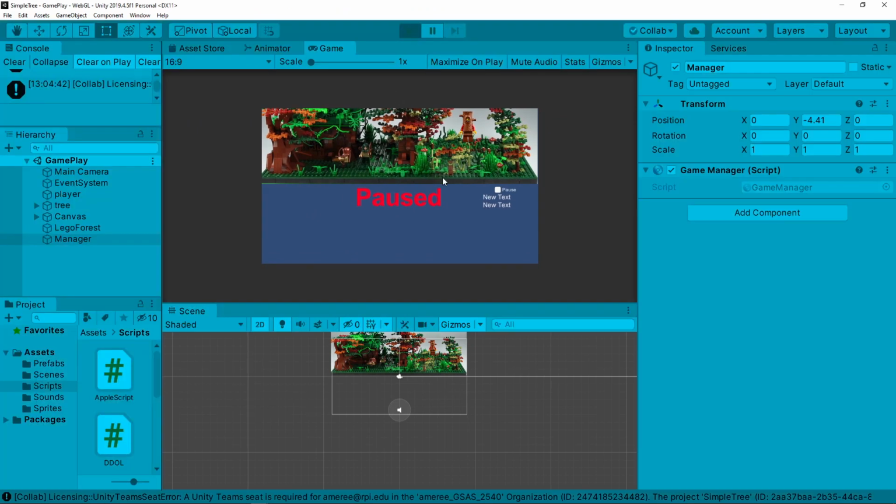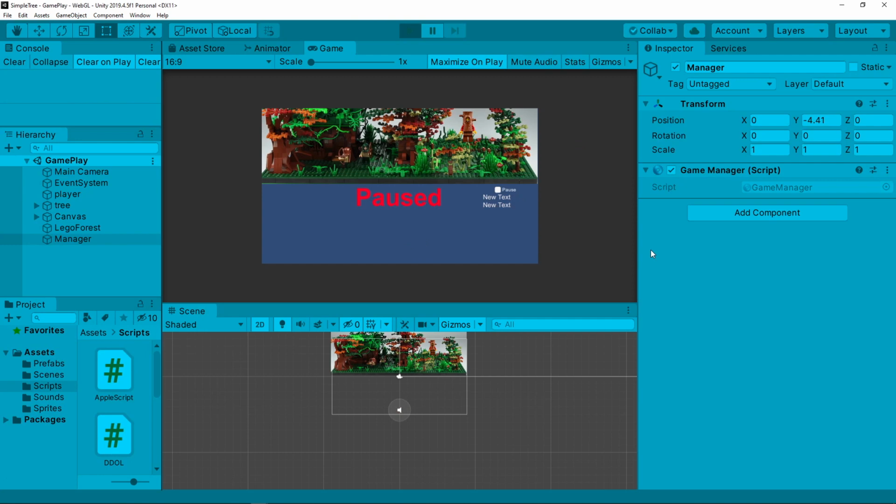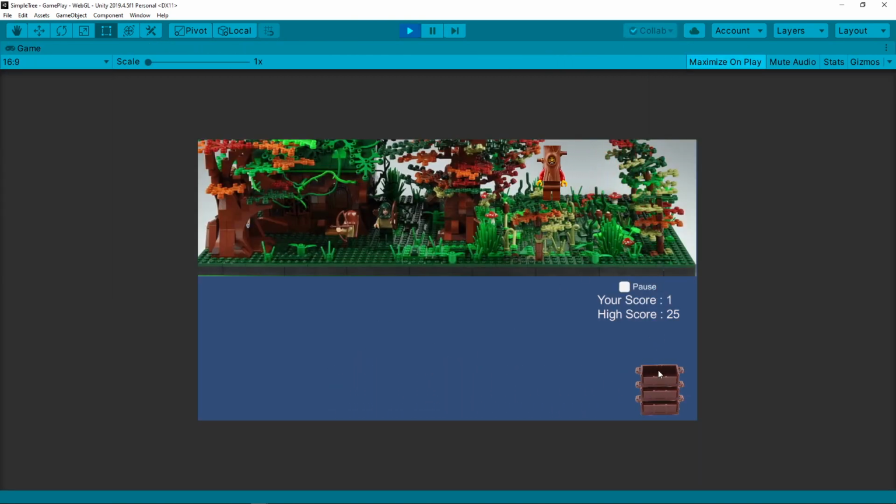So this is one version. Let me make it maximize on play here. So you'll see there are 3 baskets, and I can catch the apples as they fall. And there actually is even a pause feature. There's a little button on the canvas there that the moment I press that button, what it does is it